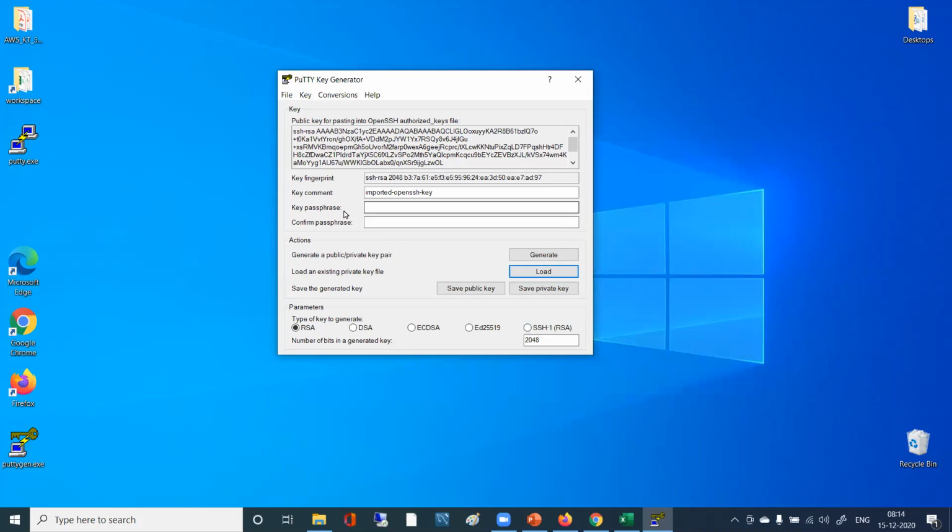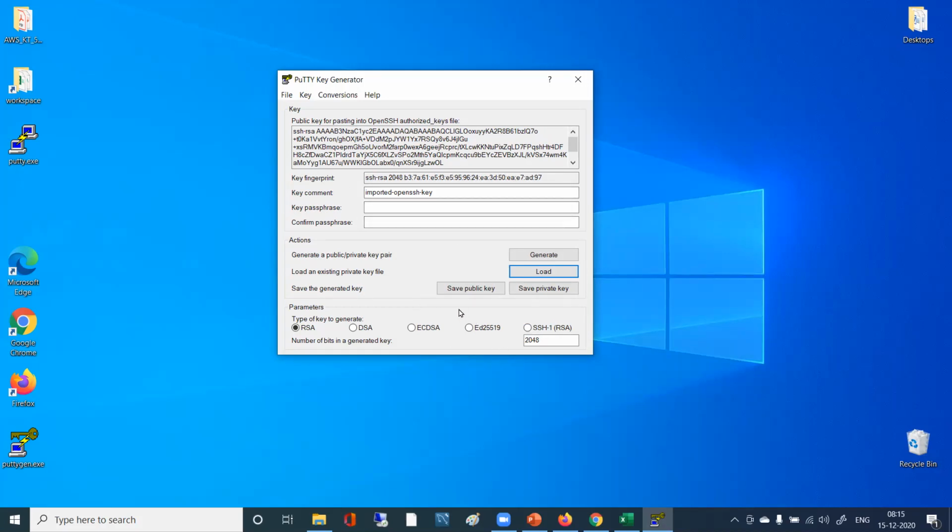You have option for passphrase also. If you want to add some passphrase, you can add some additional passphrase apart from that key, right? It will also ask for some additional password apart from key. You can skip this, right? You just want key based authentication, so no need of that password. If you want to make it more secure, you want to secure your key also, you can put that passphrase. But for our practical purposes, we are skipping that passphrase.